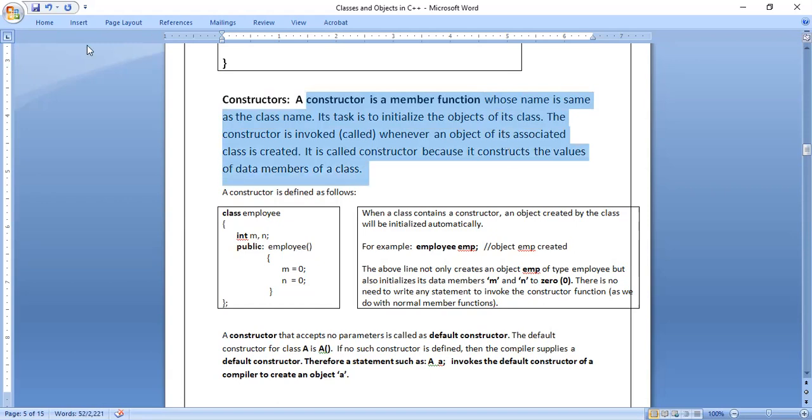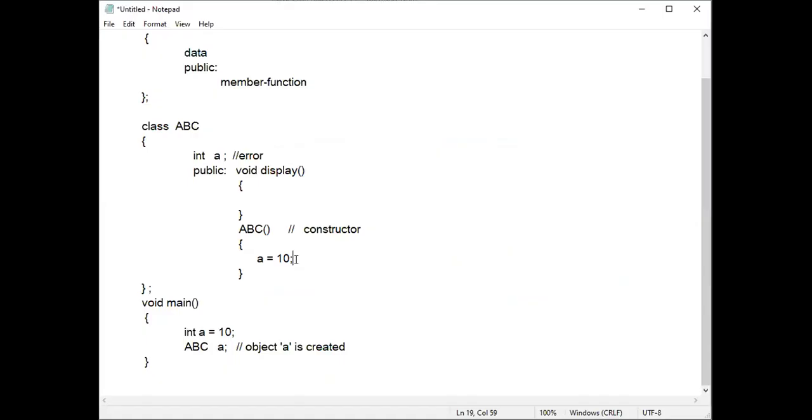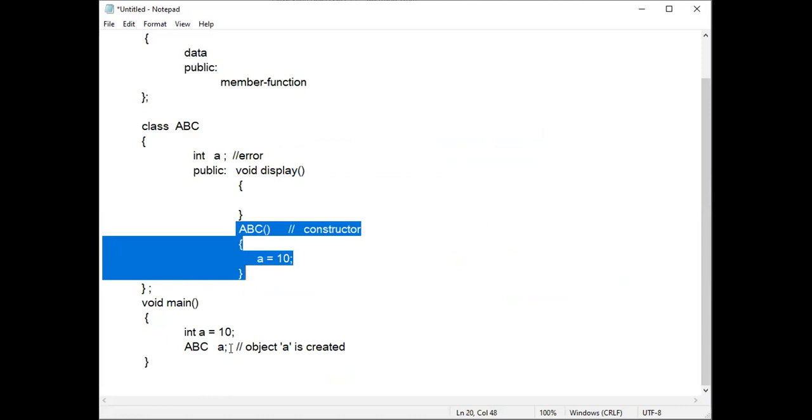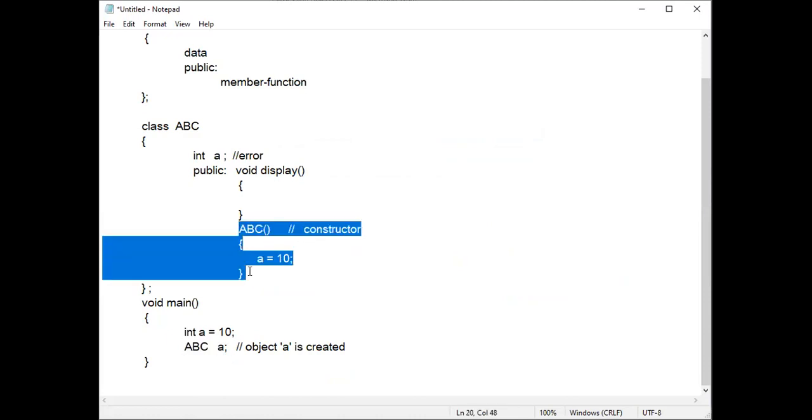When we create the constructor, what happens? First, it will give the values for the data members. Just now in this program, I have written a is equals to 10. I have given the value for variable a, that is, the data member a. Why did I give the value for a? Because I have created the object. So when the object is created, this function will be called automatically. When this line is executed, this part of code is also executed automatically, and when it is executed, the value a is equals to 10 is given.